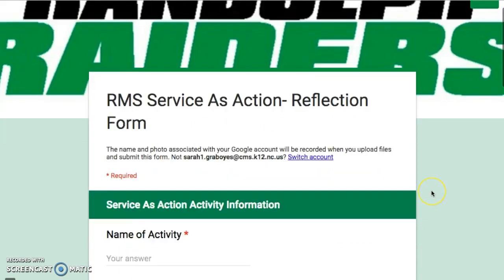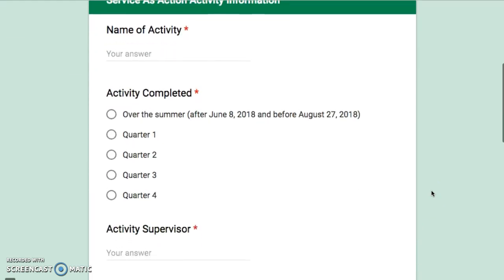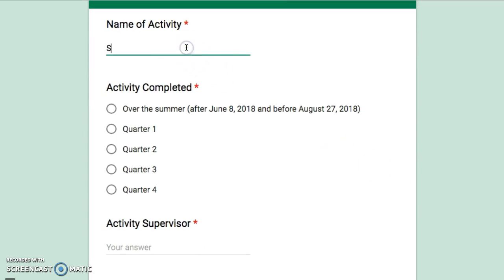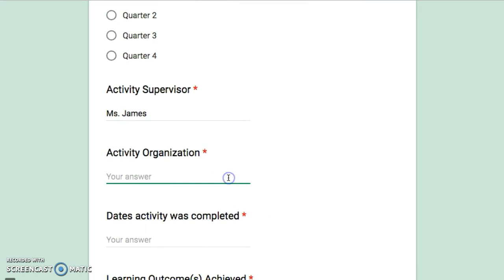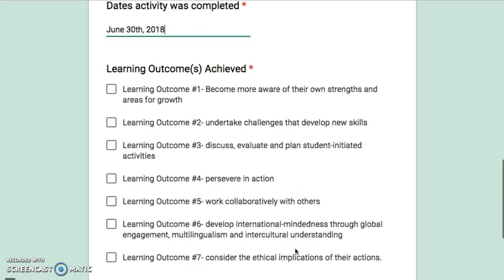As I move into this next section, I'm going to have to give information regarding the name of the activity, when I completed it, my activity supervisor, what did I complete or who did I complete it with, when I worked on this activity, of course you'd be doing this after the fact, and what outcome I was able to achieve.